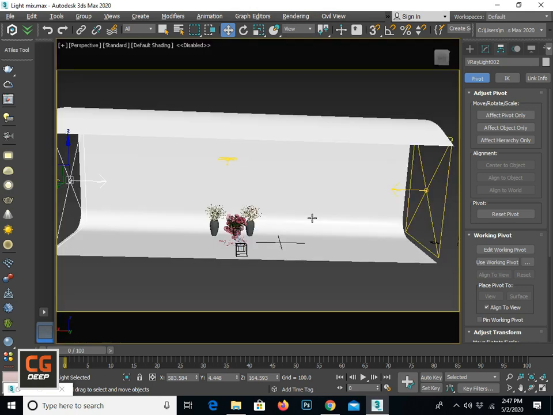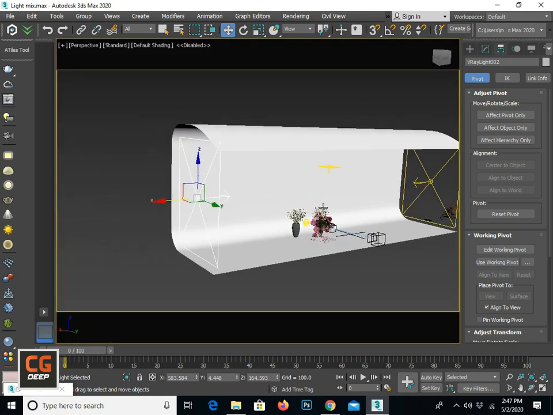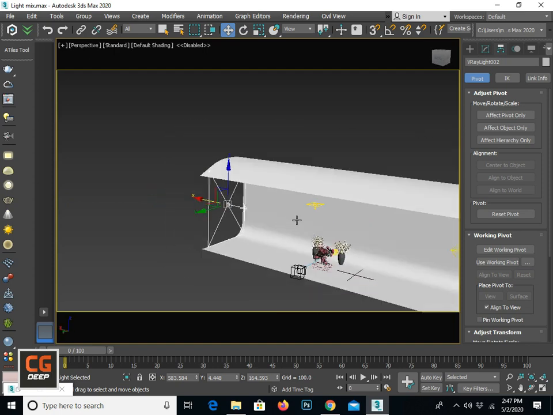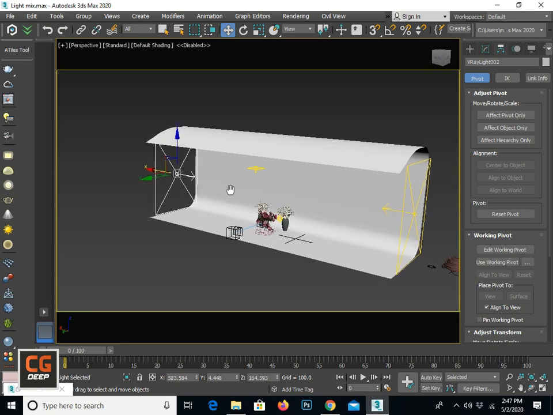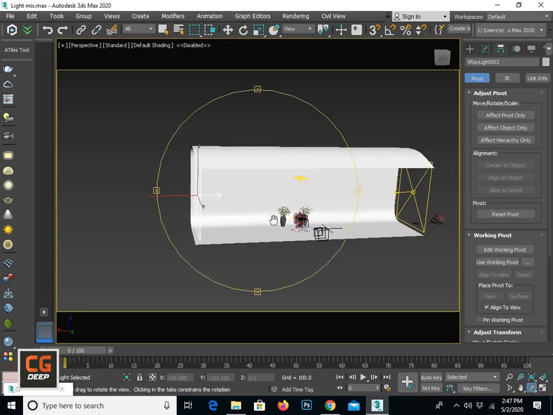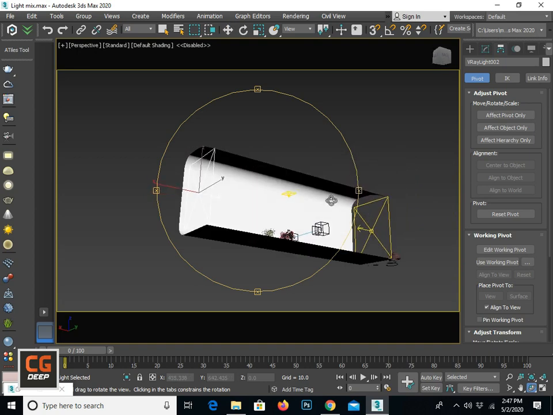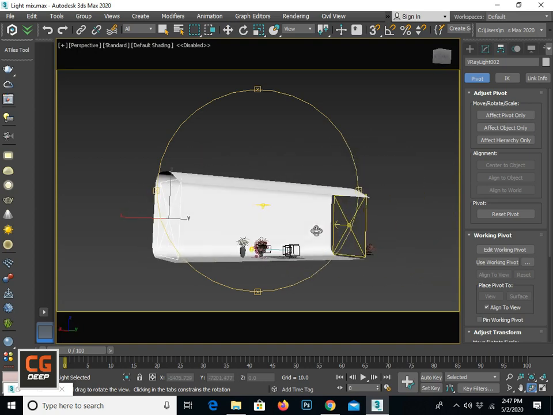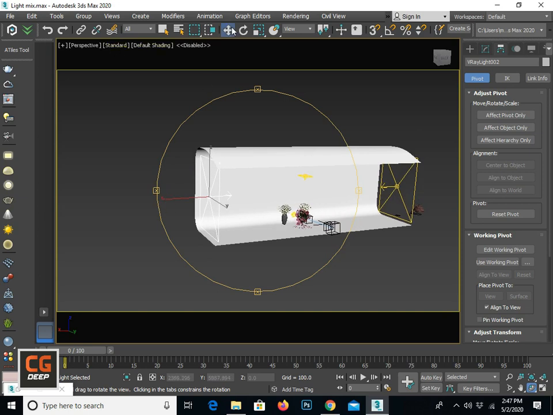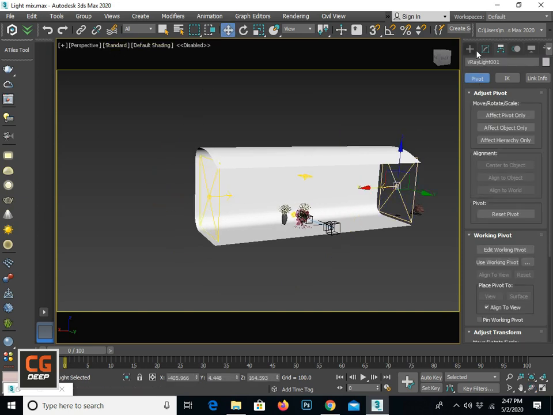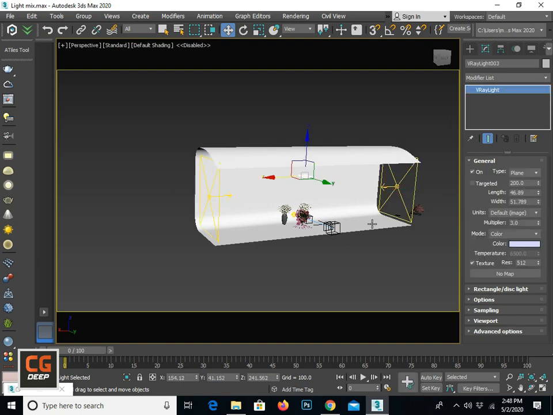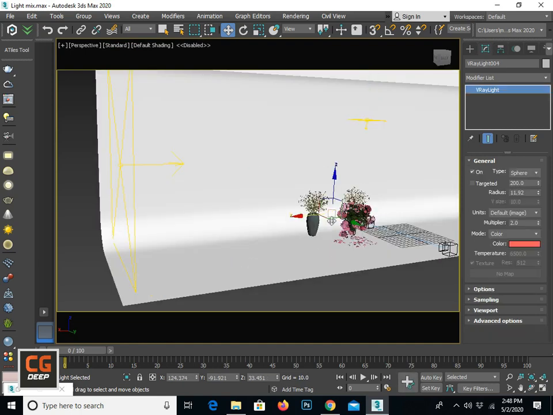First of all, you can see here my lighting setup and my modeling, and the camera setup is ready here. Today we are going to discuss the lights, right? First of all, we have to render our scene. You can see my scene is ready for render. There are two V-Ray lights, and one light is here, and one sphere light is here.